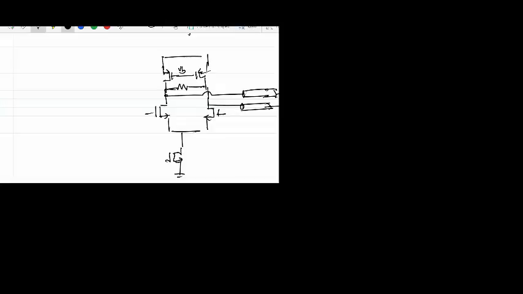Now if this is a differential resistance, you see a differential termination, right? So for all the common mode signals, you do not see this termination. For the common mode signals, you are not seeing a 50 ohm termination on each of these channels. The other thing is that the parasitic capacitance which will come from these current sources will start playing a role. This kind of topology is rarely used as such. It actually adds a lot of load at the output itself.